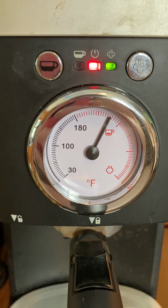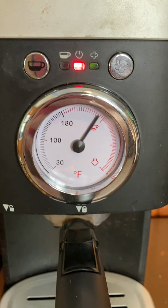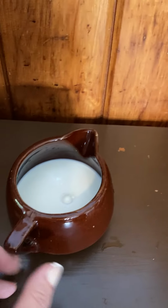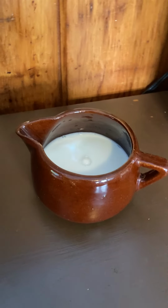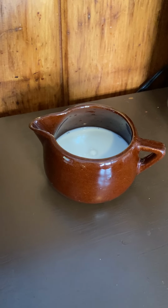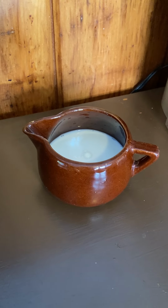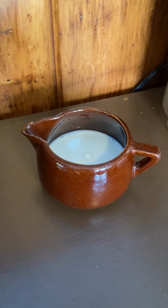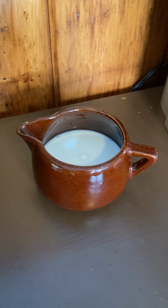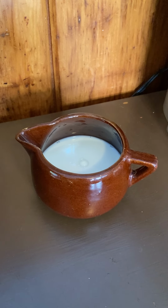That might take a little while, apparently. I'm going to be using this pitcher to steam the milk in. This is an original Horn & Hardart pitcher from probably the 1940s or 50s in New York City, and it was liberated from that restaurant by either one of my parents or perhaps my grandmother, who was known for doing such things. Apparently, they have insurance,